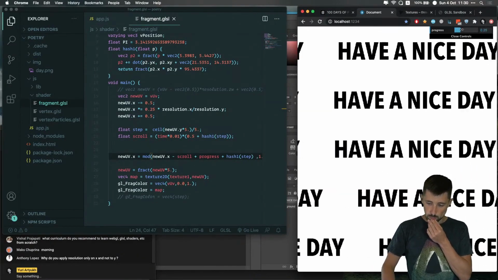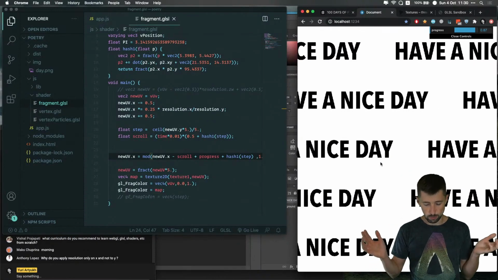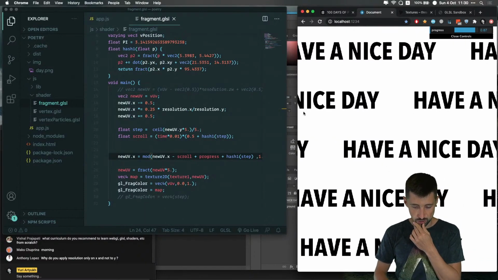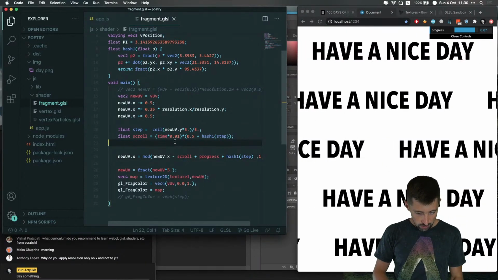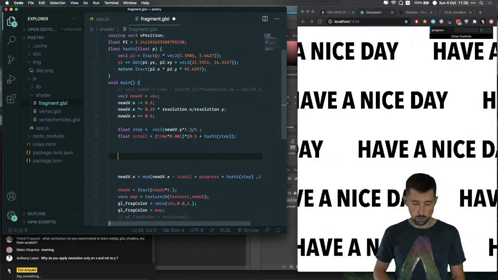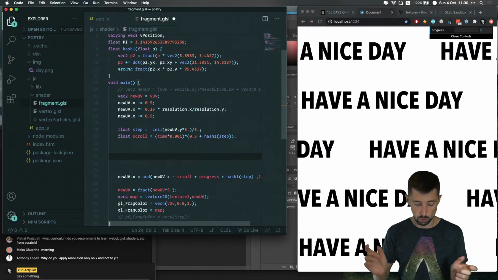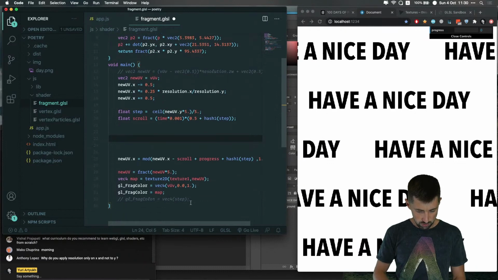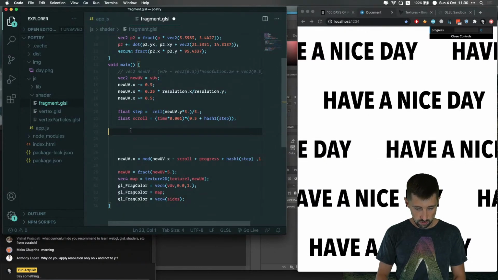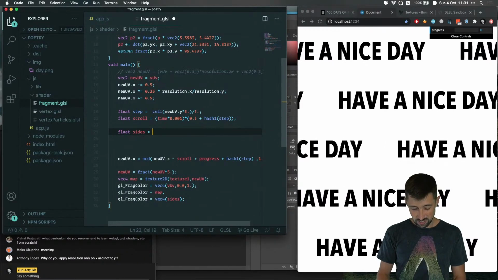And then, there's also a distortion on the sides of those titles. Like why we actually did this in WebGL anyway. We wanted to do the distortion in the end of the titles. So I'll make it real slow. To make the distortions, I need to scale UVs. I need to scale UVs only on the sides of my whole animation. To do that, I'm gonna do something like sides, and then float sides equals